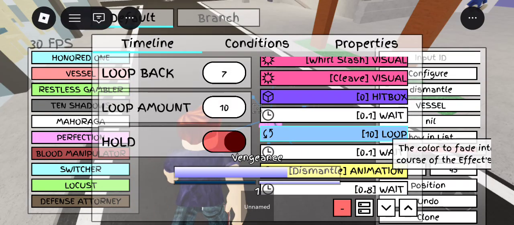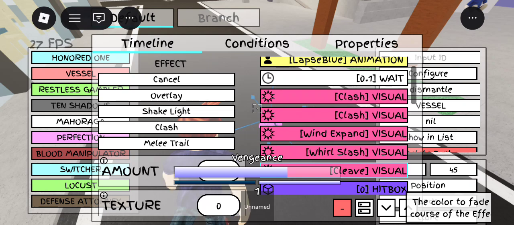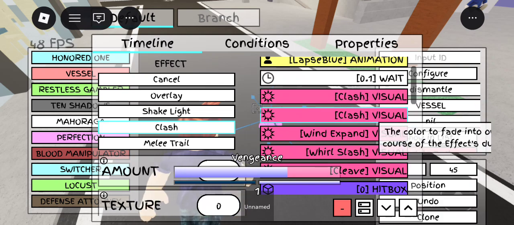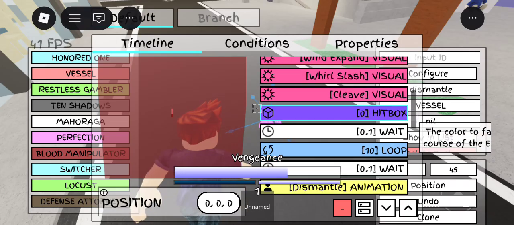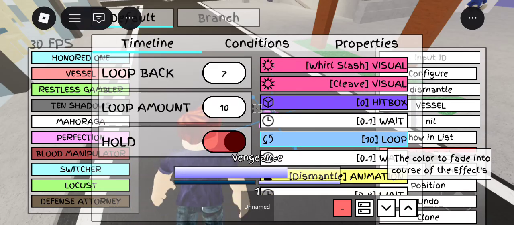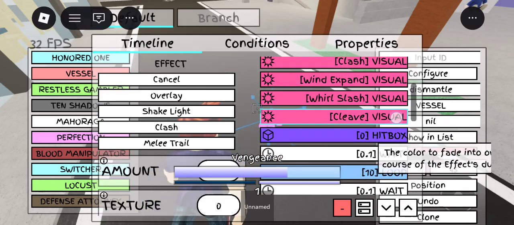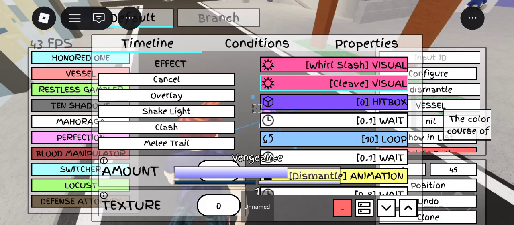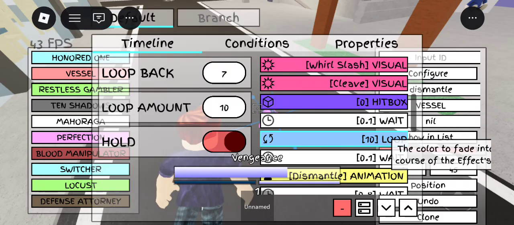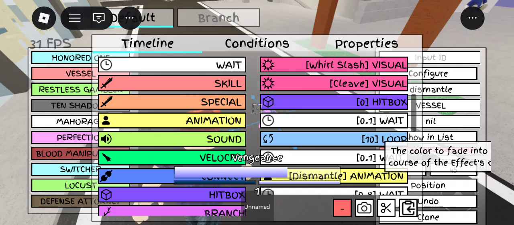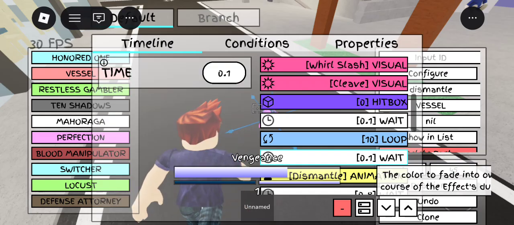No, this isn't it. You have to count the notes that are in the right time, like this: 1, 2, 3, 4, 5, 6, 7. So mine is 7, so I put 7. But you have to count yours to know what look back it's supposed to be. You know, sooner or later, like that.